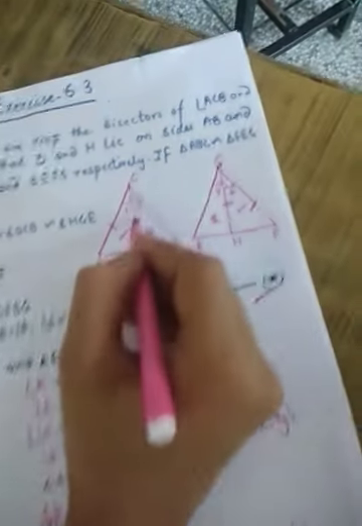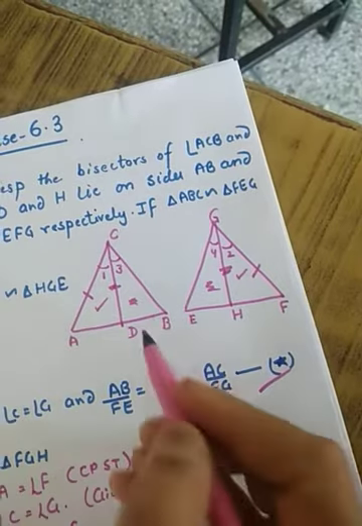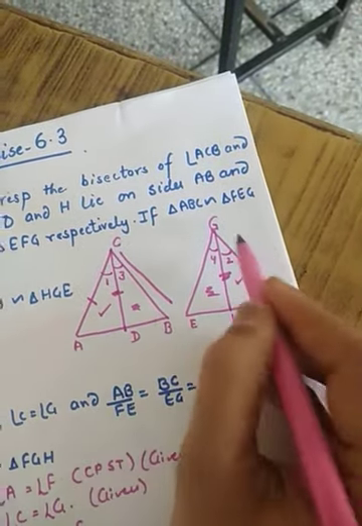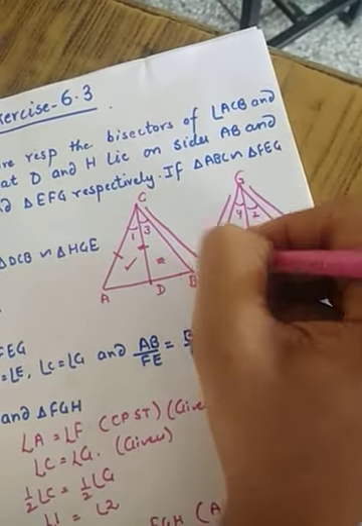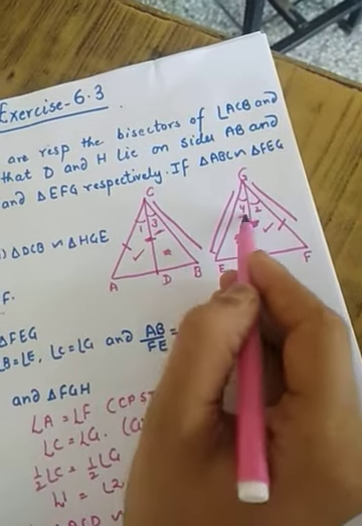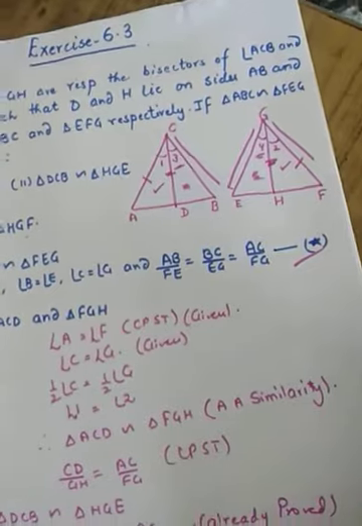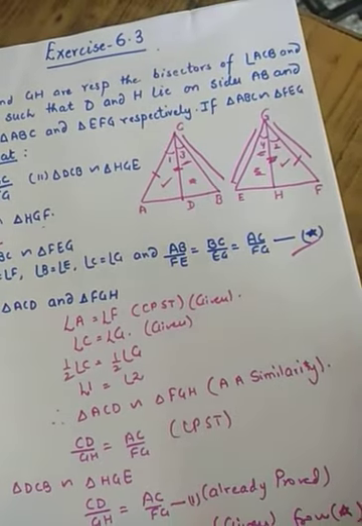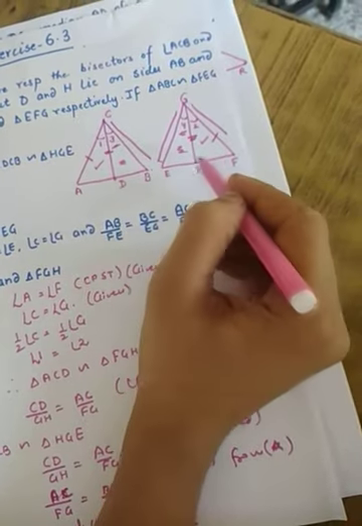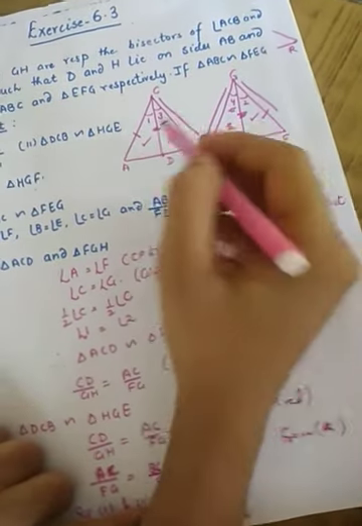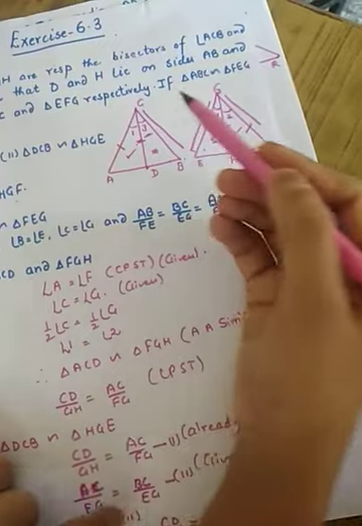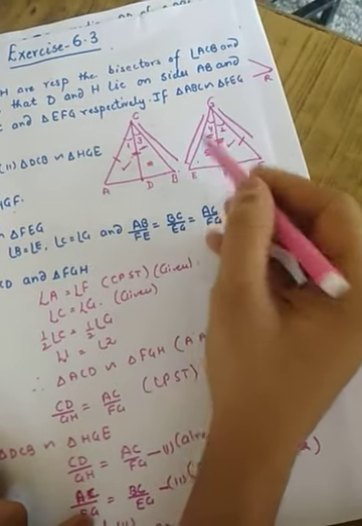See, this is CD, this one GH, and then we have BC, this side, and EG, this side. Now you have this triangle and you have this triangle, right? These two sides are equal. Now in the second part we have to show that triangles are similar. So what we will do, we will take these two triangles, DCB and HGE, right? So this relation we have proved, that CD upon GH equal to BC upon EG.